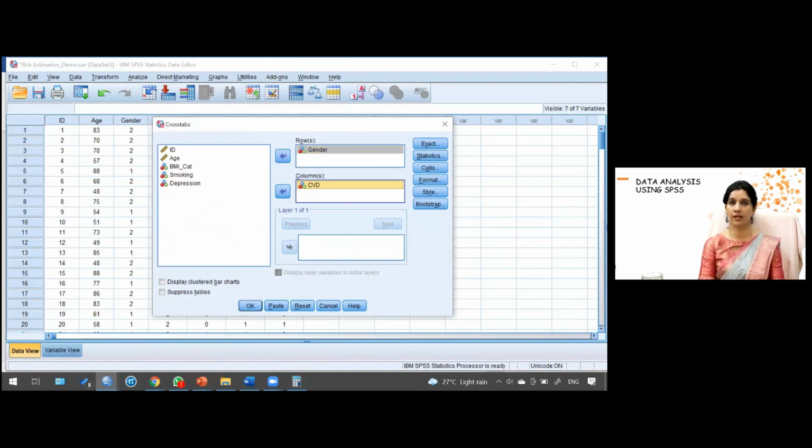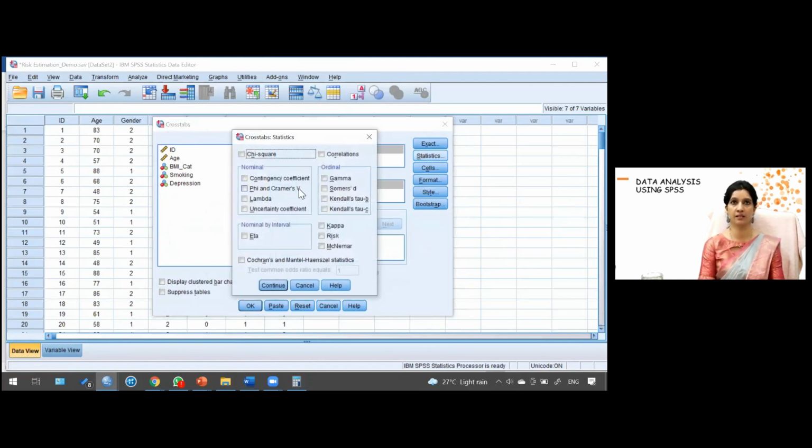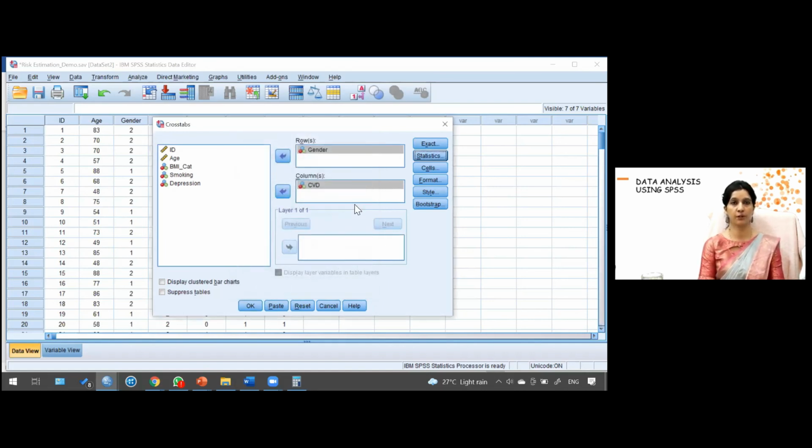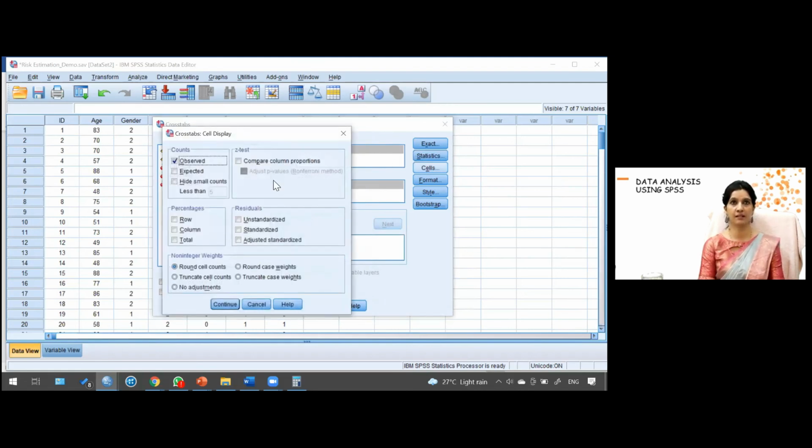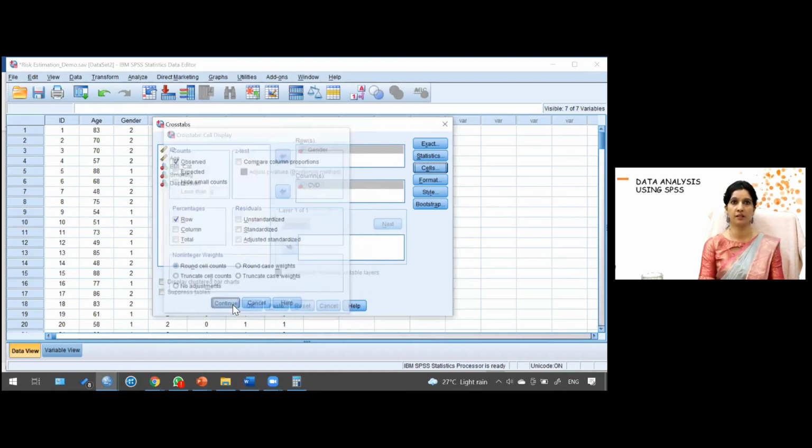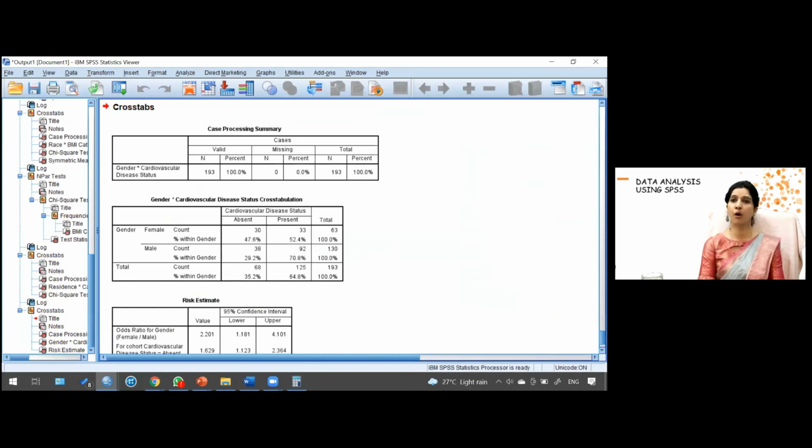Again, the same, if you click this Statistics, you can see here, now I will not click any of this and I will only click this Risk. Can you see? So with this crosstab, we can take a lot of other things also. But here I will focus on risk, then Continue. If you go to the Cells, again, the observed count and the row-wise percentages I'm interested in. So I'll click that and then I'll click OK. So had it been an odds ratio, I would have done the same thing. Okay. So odds ratio and relative risk.